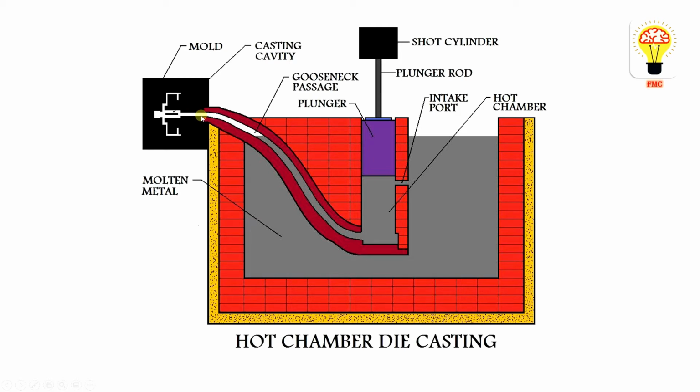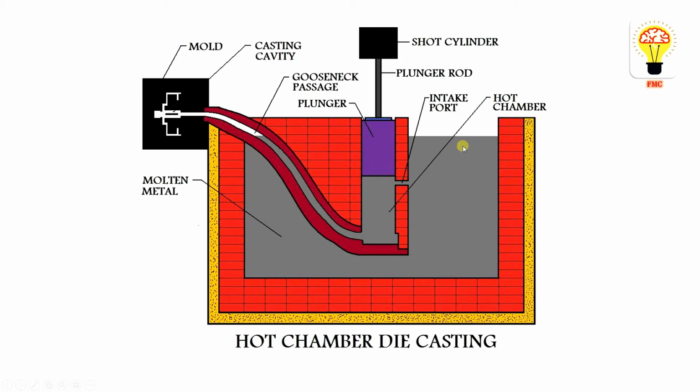That is due to the action of pressure. You can see some complicated shapes and very thin shapes are available, and these can also be accommodated because we are giving some pressure over here, so the liquid metal will go and fill everything. You can see the dimension here is somewhat bigger, and here a somewhat lesser area, again we put some casting cavity. So the area is reduced, pressure is increased, and within a fraction of time all the molten metal will go and occupy this space.